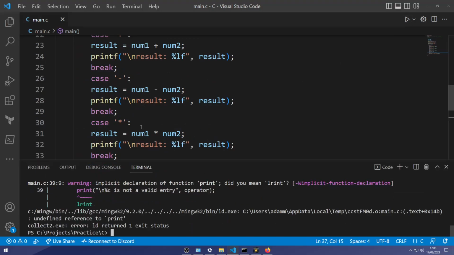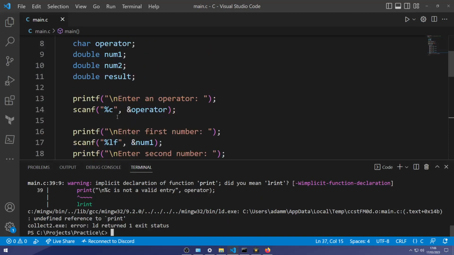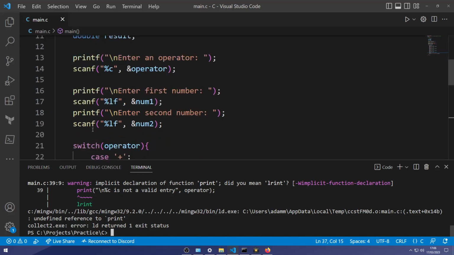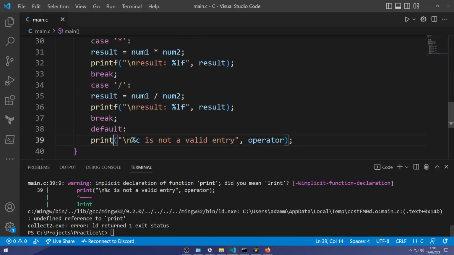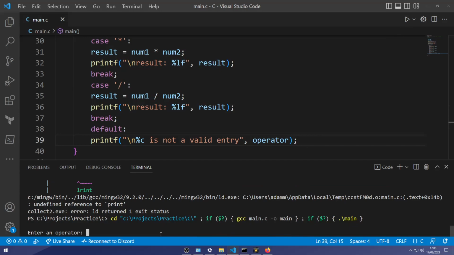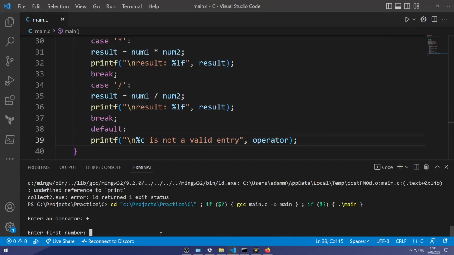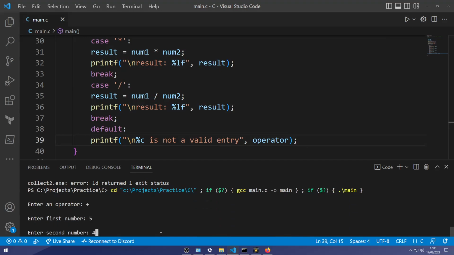And looks like we got an error here. It's on line 39. Oh, I missed the F again. All right. Now we can enter our operator. We'll do plus, 5 plus 4.